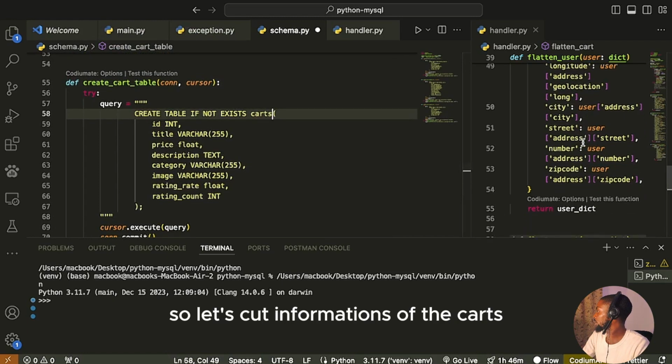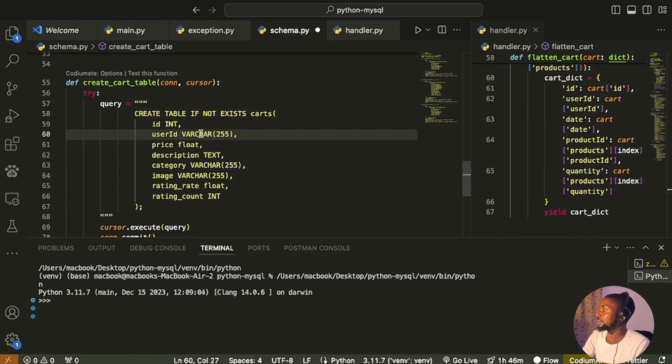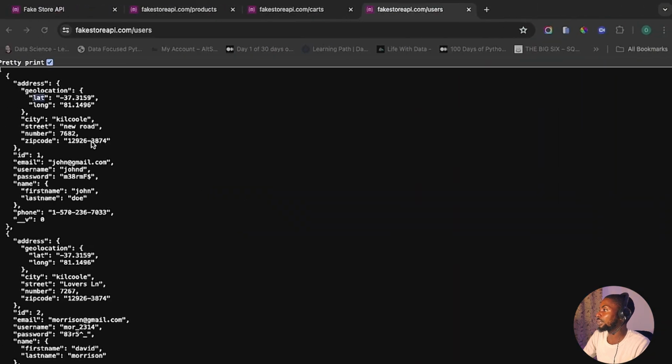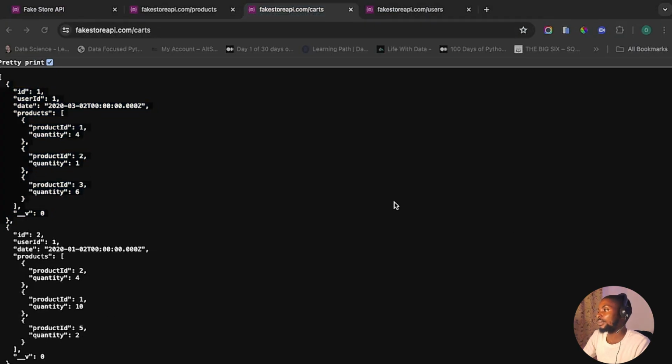So let's look at the information of the cat. For the cat, we have ID. We already have an ID. We have user ID, which is obviously an integer. We have the dates. For the dates, this can be in a date data type, because if you look at the information we have here, the date of the cat, I think it's in date and time. So we could store this as date and time as well, but